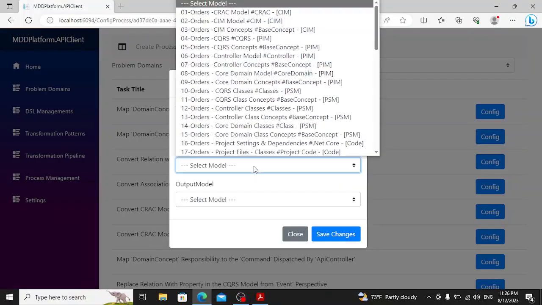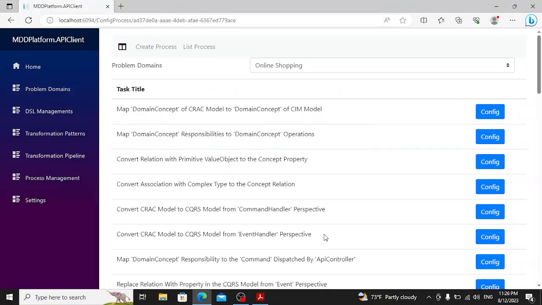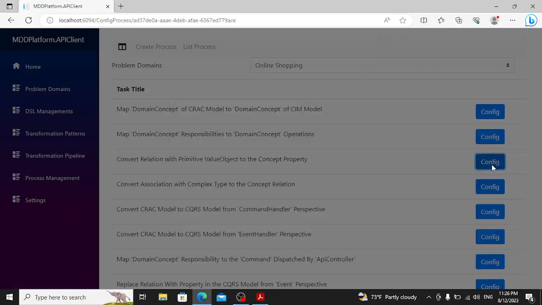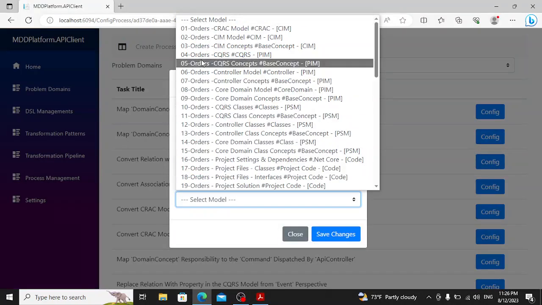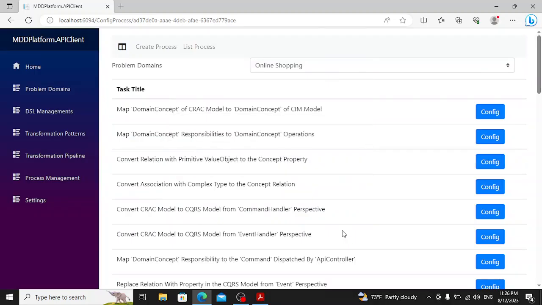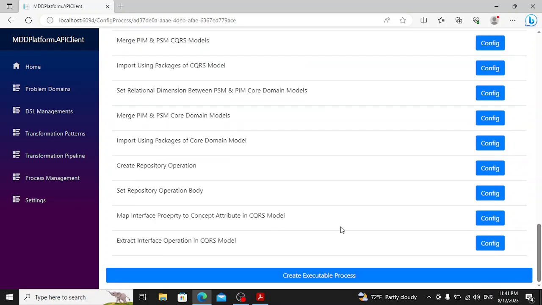Similarly, for the second task, I designate Model 1 as input and Model 2 as output, saving the changes. For Task 3, I consider Model 2 as input and Model 3 as output, and again, I save the changes. I repeat this process for the remaining tasks, following the information in the supplementary file. To avoid making the video too lengthy, I'll pause the recording and configure the remaining tasks in the same way